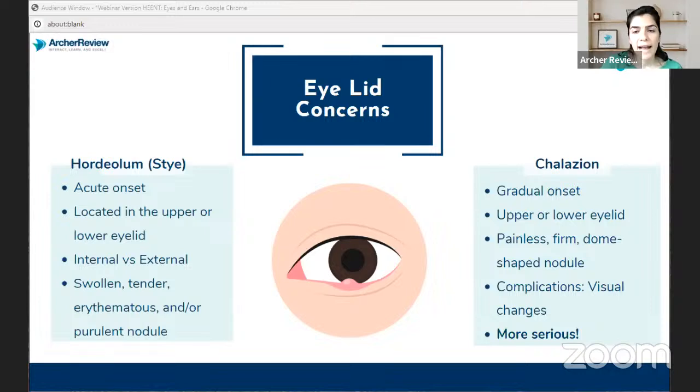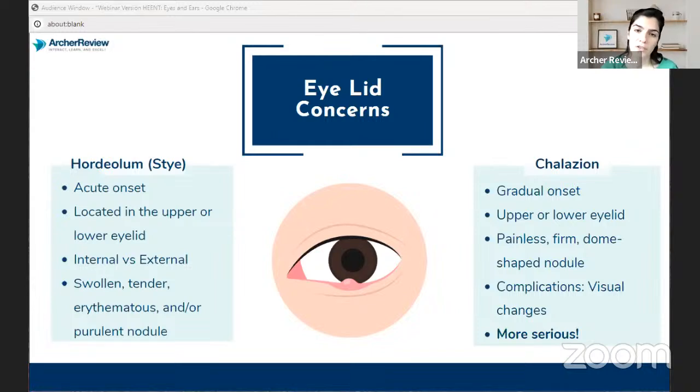So it's more of a gradual onset, and typically they'll see this develop over several months. It does also happen in the upper and lower eyelids. It's more common in the upper eyelids, but again, it will resolve on its own. So again, educating that patient, you don't need antibiotics, just warm compresses. And the other thing to educate in this patient is that if it's not improving, or if it's persisting to 2 to 3 months, then they do need to go see a specialist to rule out any other issues